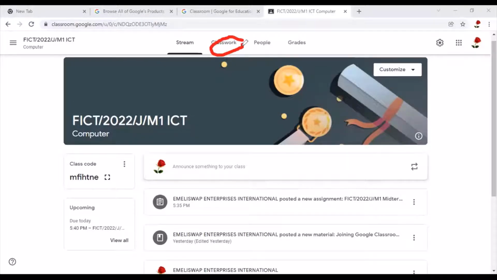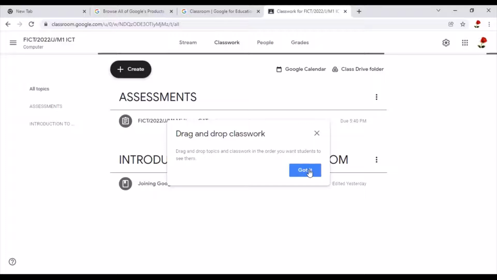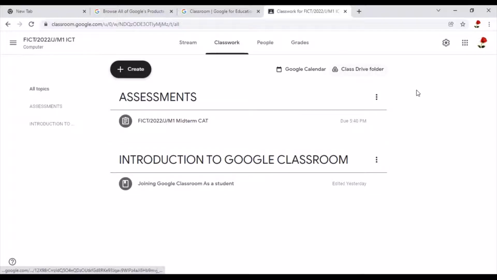So you point on classwork and click. It is always very important for you to create topics in your classwork section. And this discussion on the use of topics, how you organize them, and how you post the materials in this section are discussed in detail in our part 2 presentation on managing your online teaching using Google Classroom